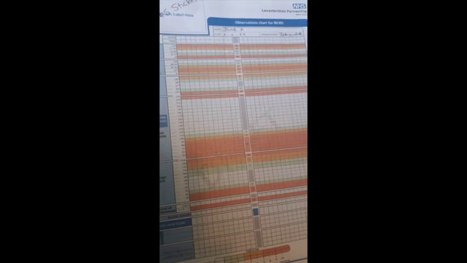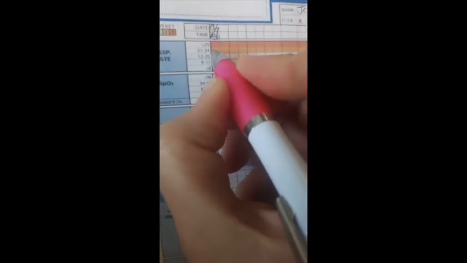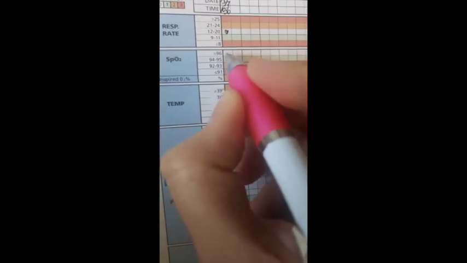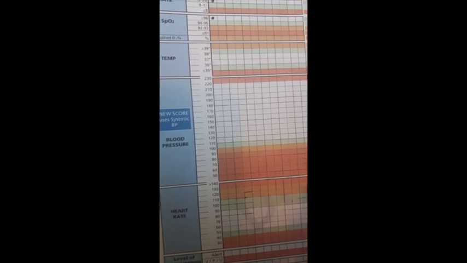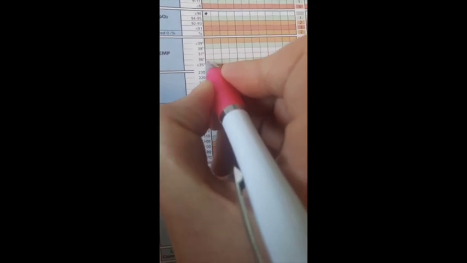So we need to complete Jane's NEWS scoring sheet. Details will have been added: Jane's sticker, her name, date of birth and the day's date. We are aware that this box is very small. Her respirations are 22. Her oxygen saturations are 98. Her temperature was 35.6. Her blood pressure is